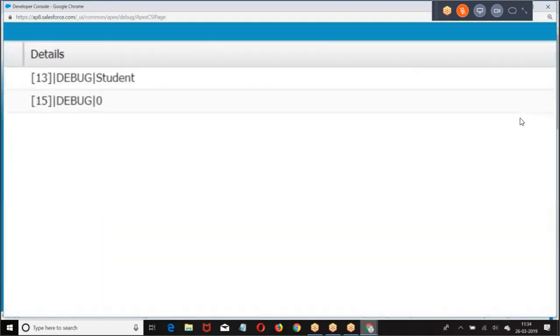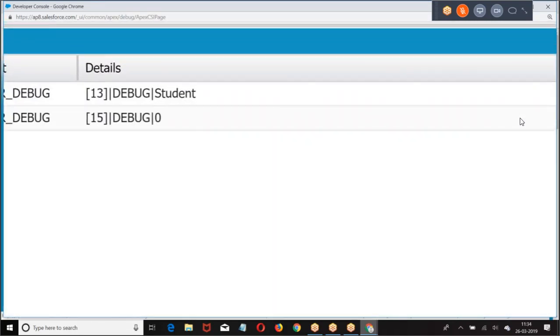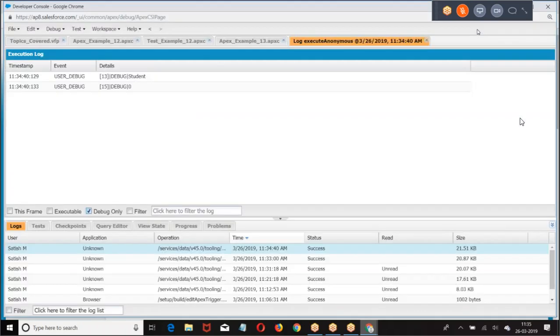How many records do you have in the account? Zero records. Is that clear? Now the account is considered zero, but global data like user, profile, and organization, we can get. No issue with that. I hope you got my point, right? Okay, now I'll continue with my example.